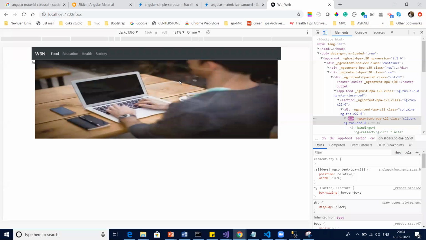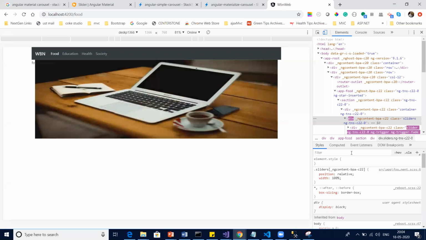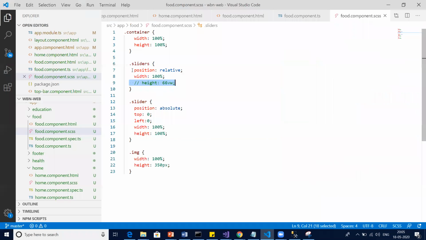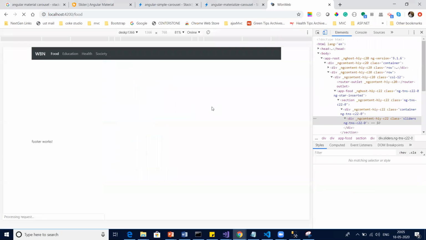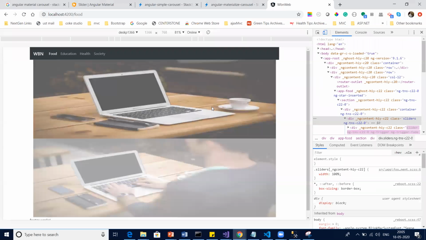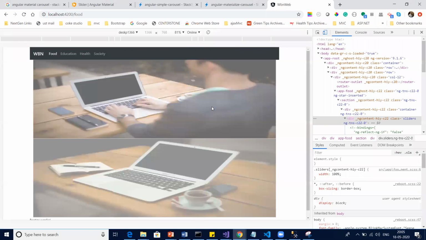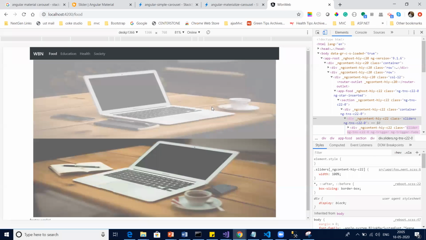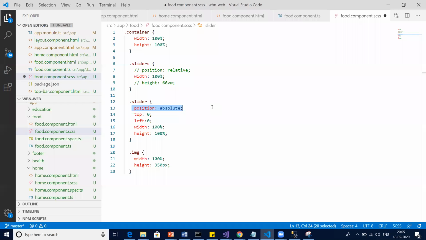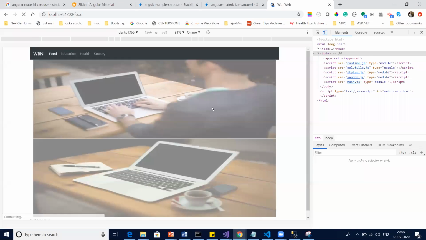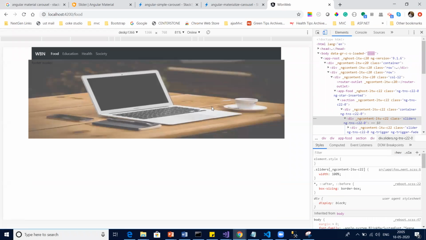So I'll add good images over here. And what if I remove this and this? See, position absolute will maintain the position from the top leftmost corner.